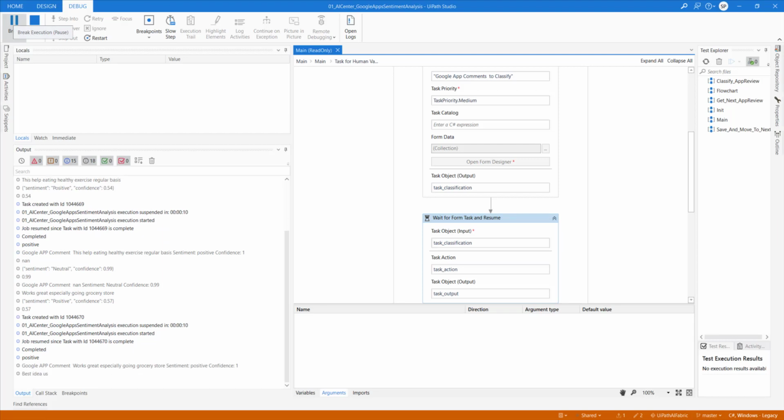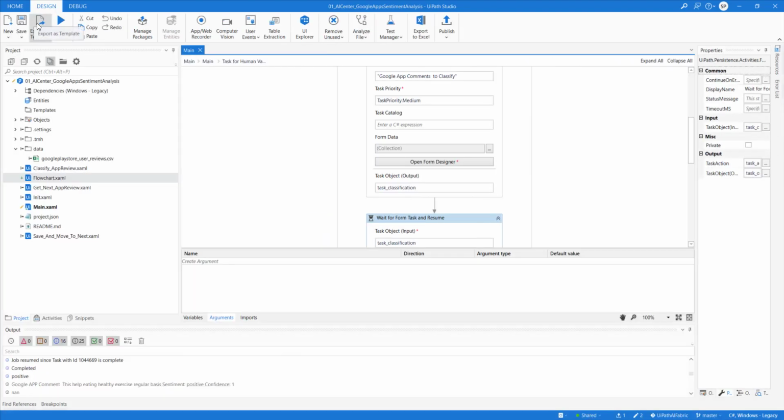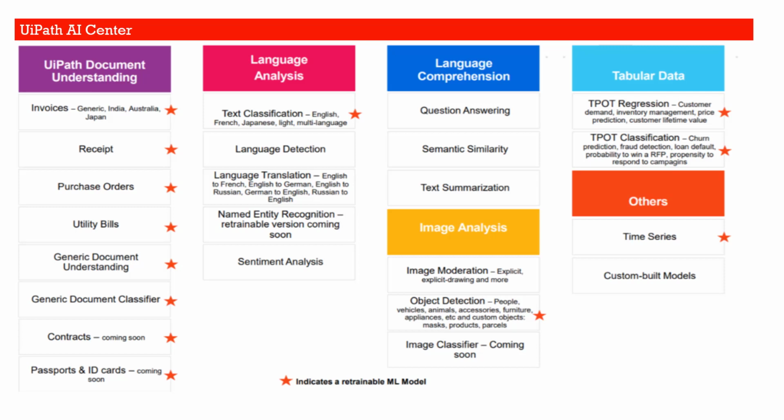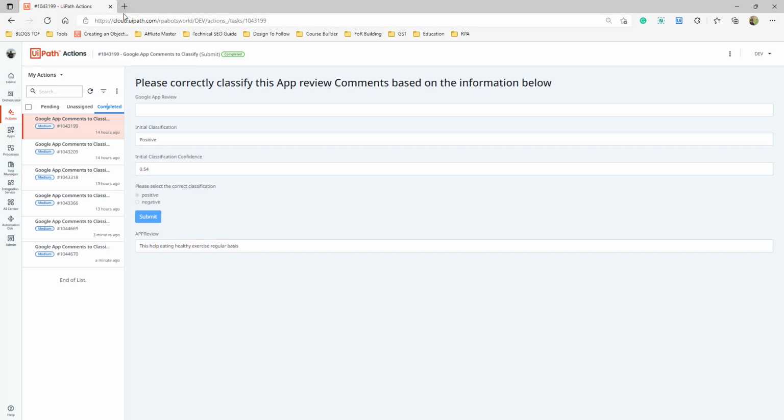Okay, so let's stop this bot and try to run this bot from the orchestrator, to see the working of this. So let's quickly go to the orchestrator.